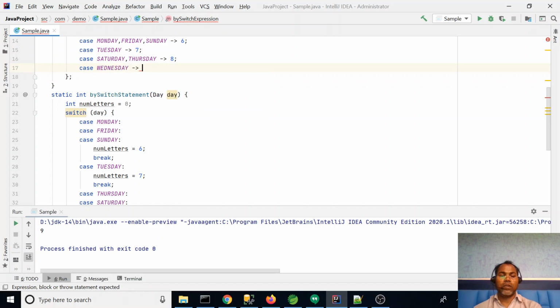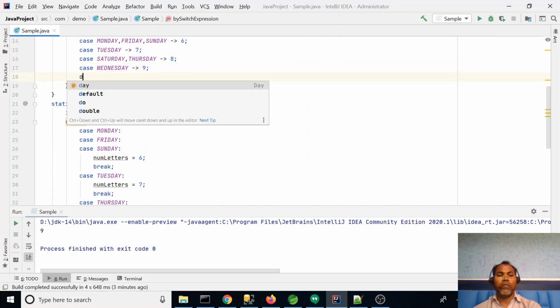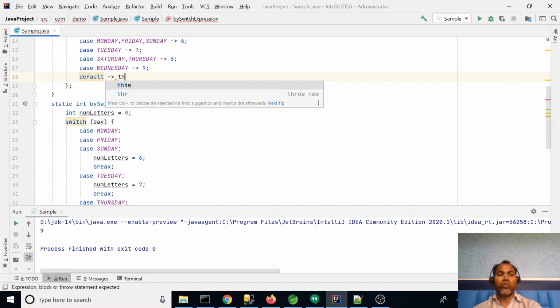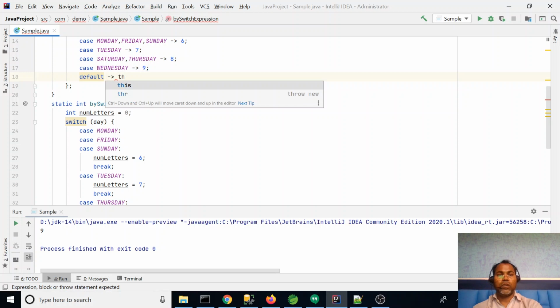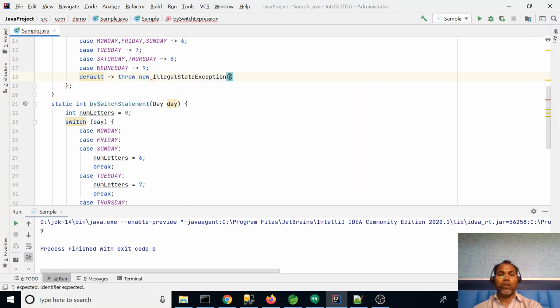Then case Wednesday returns 9. Default similarly, throw new IllegalStateException, invalid day. So here it is complete.